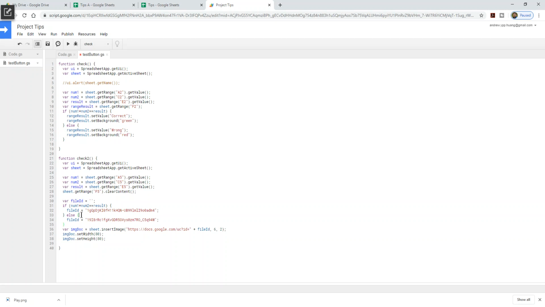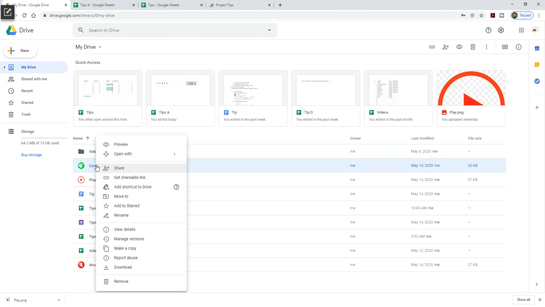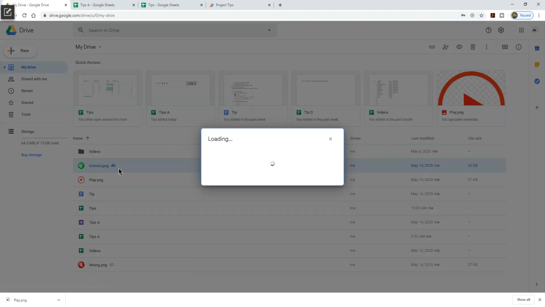You know, every file in Google Sheets has a file ID. I will show you how to get the ID. So here we have this file. You right click, get share,